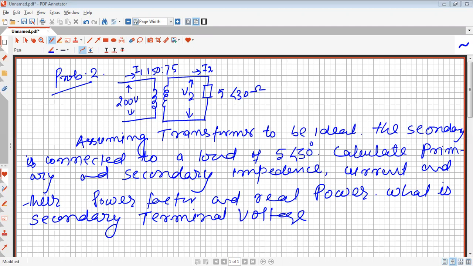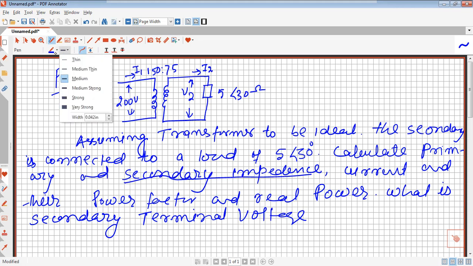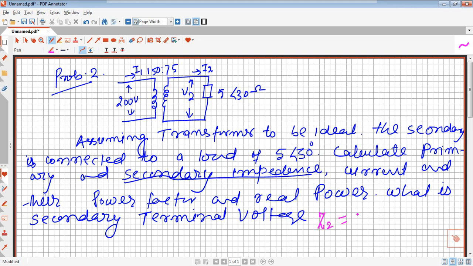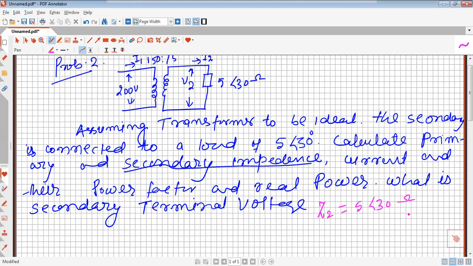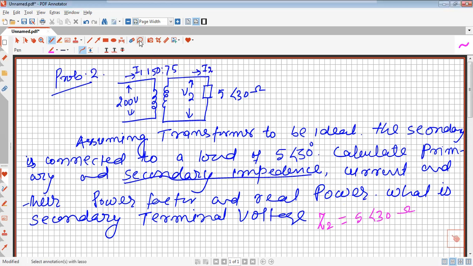So from this diagram, we can find the secondary impedance very easily. Just by seeing this diagram we are able to find it. So secondary impedance Z2 is equal to 5 angle 30 degree. It is given. Now we have to find the impedance on the primary side. How much is the primary impedance? We have to calculate. Let us copy this